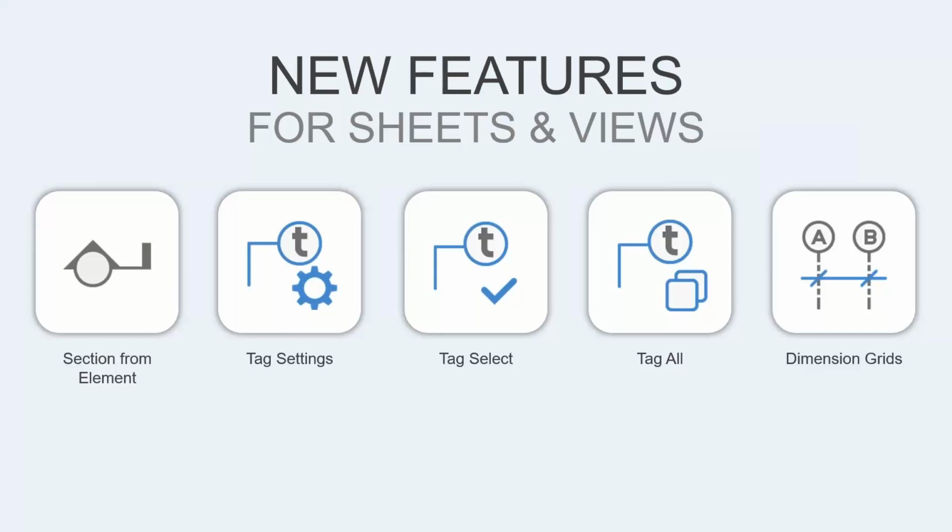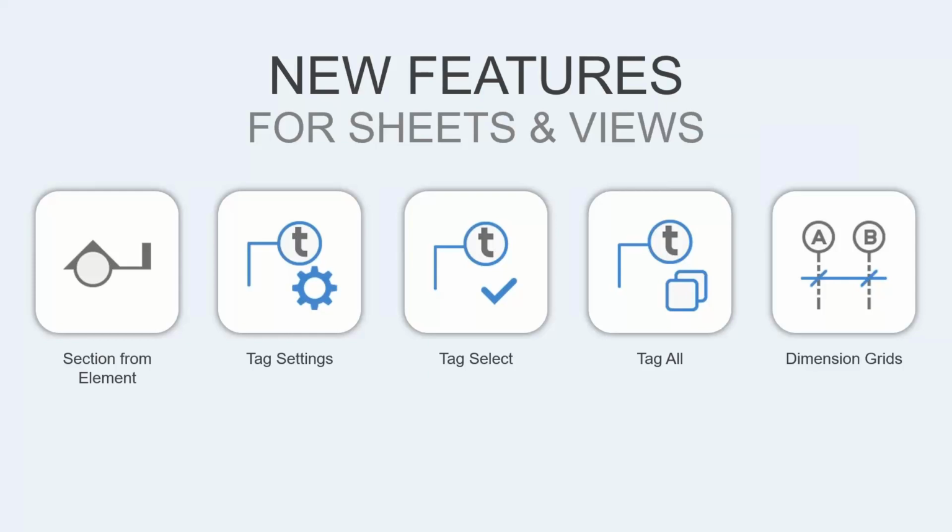This is where you can set up all of your tag configurations, where you can create different configurations per category, specifying multiple symbols to use. We can designate a location to place the tag relative to the element, as well as specifying offsets relative to that location, so that you can get your tags in the exact location you want on your views